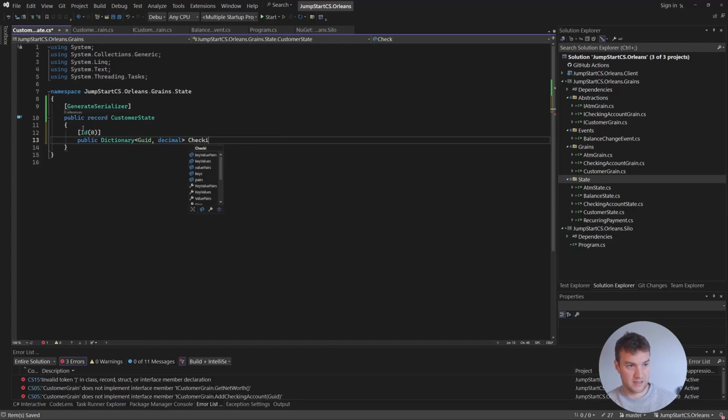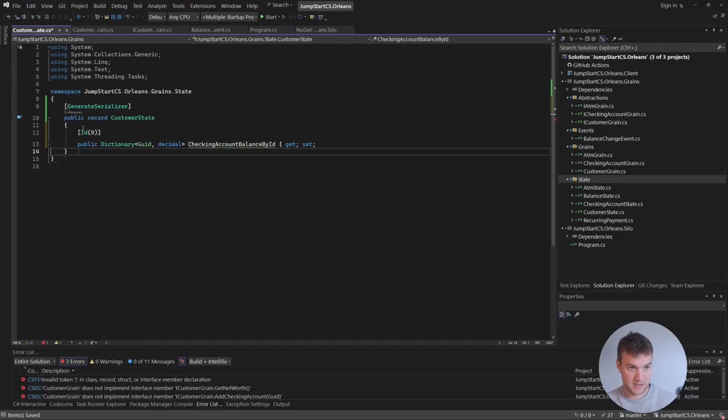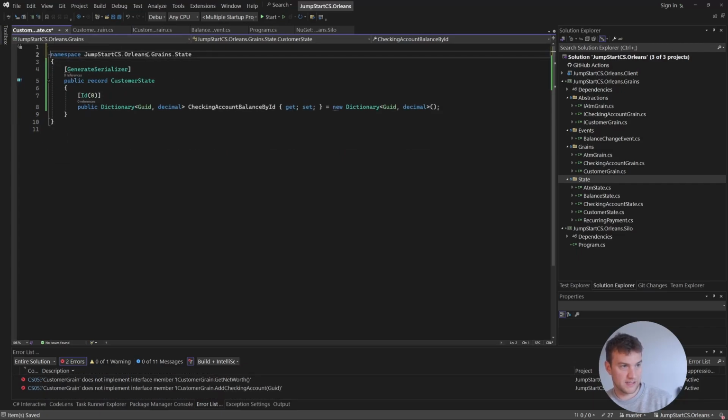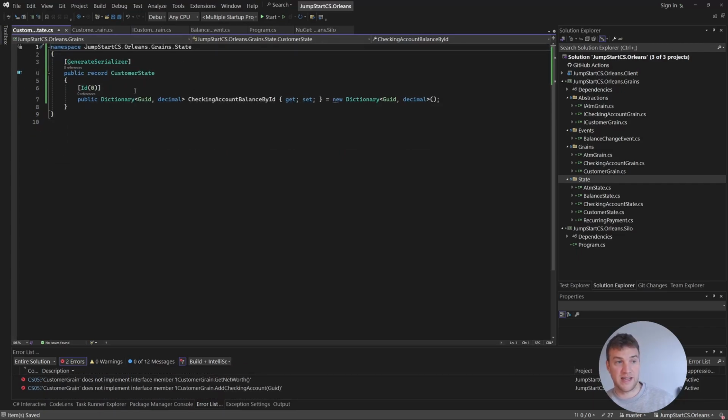We'll call it checking account balance by ID, getter and a setter, and we'll initialize it just to a new dictionary as well. Perfect. We can get rid of the unused usings, and that is our customer state that we're going to store